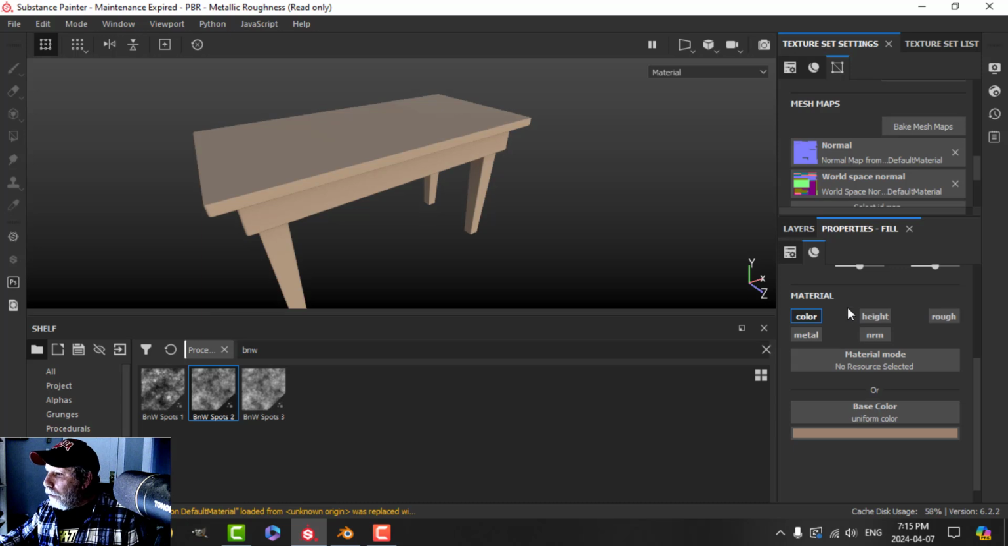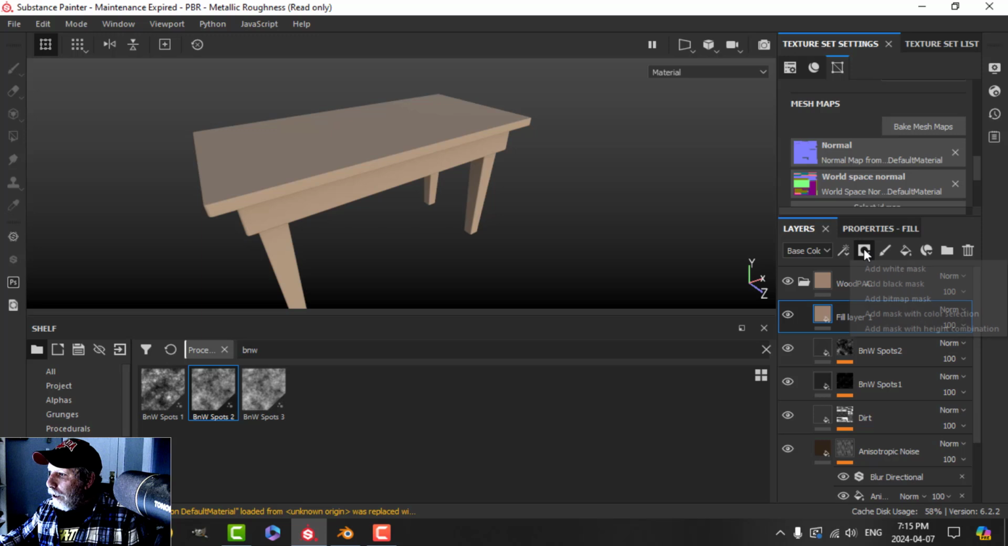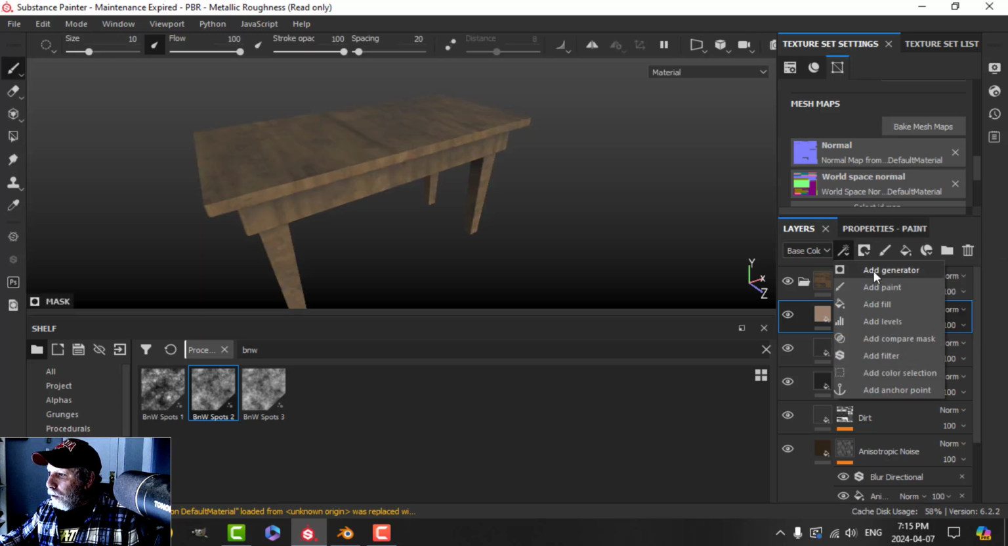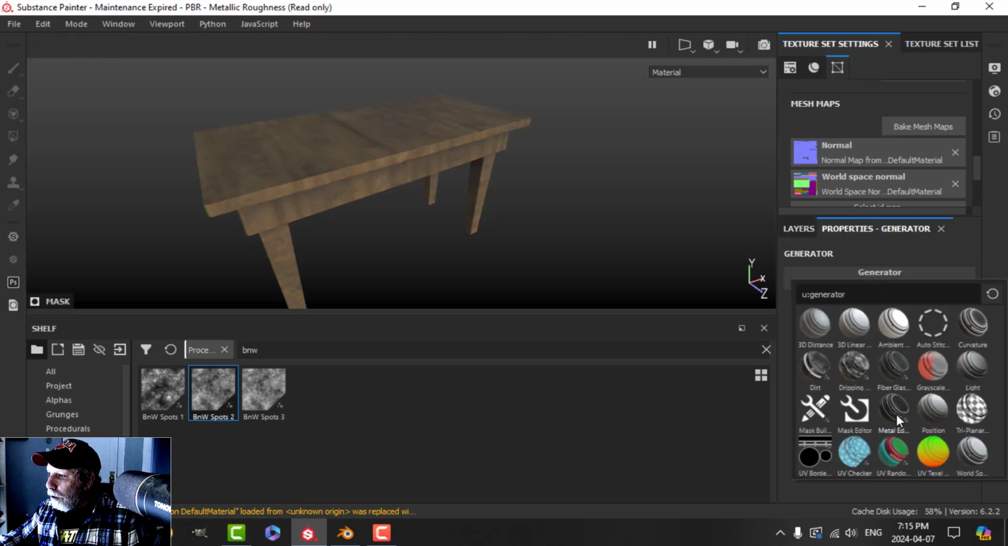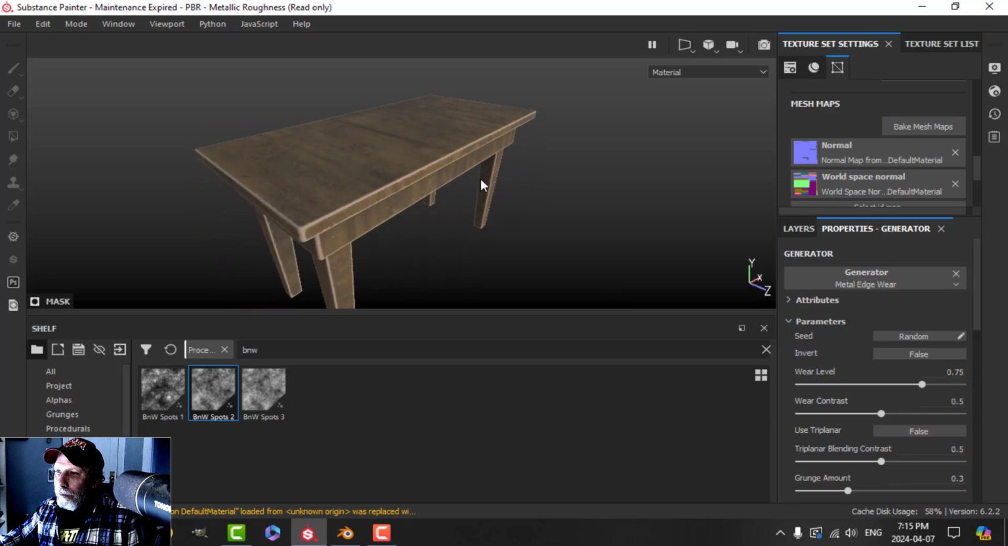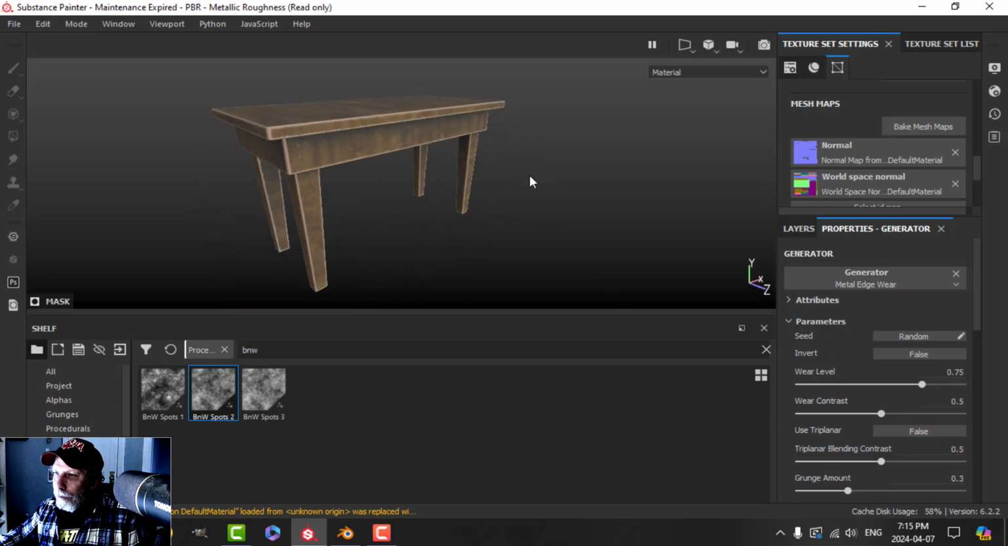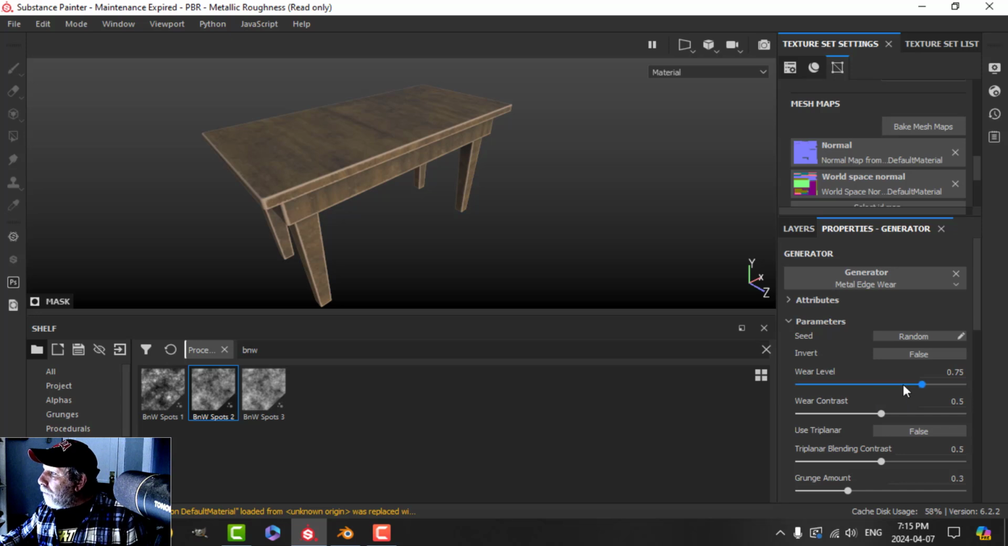All right, this is the color that I want. I'm going to add a black mask and add a generator, and the generator is going to be metal edges. So we'll start getting this. Now we're not going to stay like that. All right, and wear level